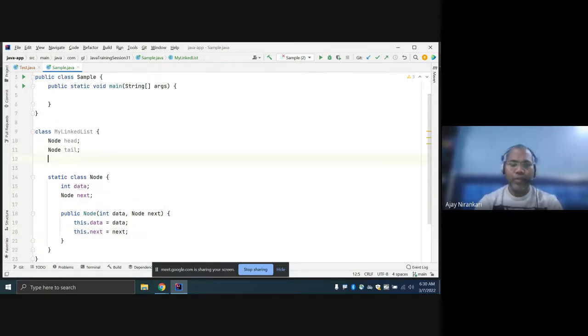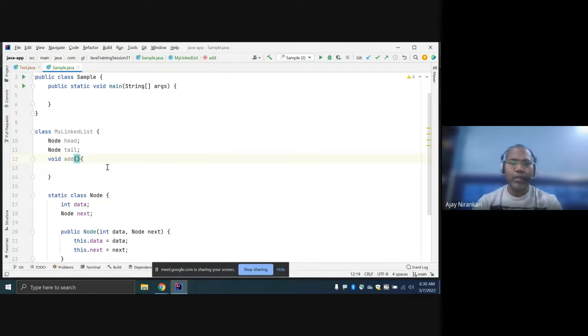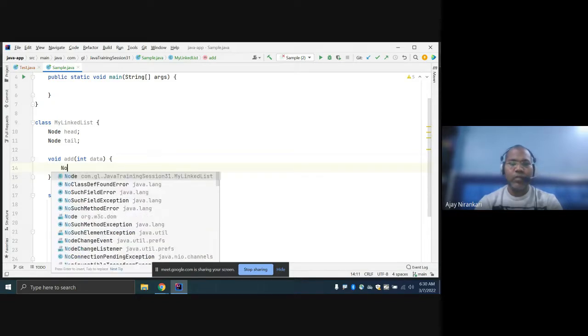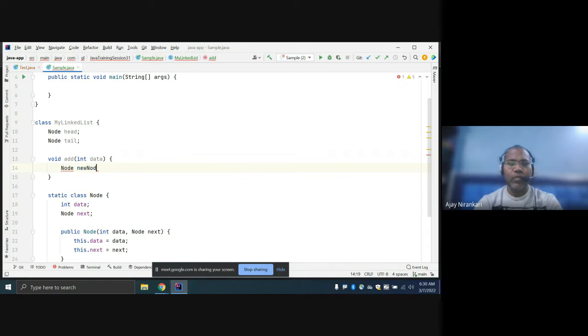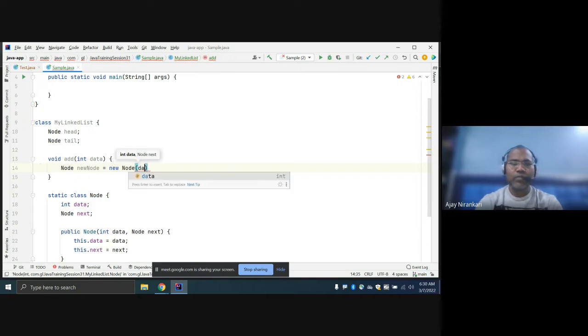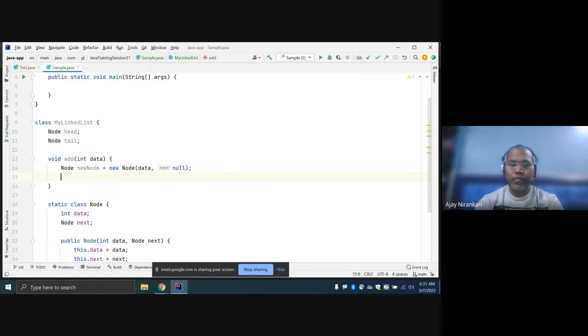As usual, first you have to create the linked list add method. It will get the data. Whenever you create a node, new node equals new Node, and whatever the data part you just put the data, and for the next, initially you don't know, so just write null. And here you must check if your head is null, then that means this is the first node.